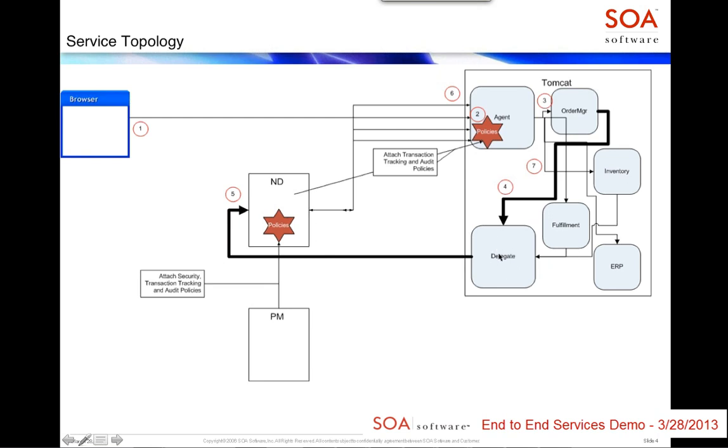So we have intermediaries in SOA Software: agents, which are basically an in-container last mile intermediary; a network director, which is basically an on-the-network proxied intermediary; and a delegate. Now, a delegate is the intermediary for a consumer,